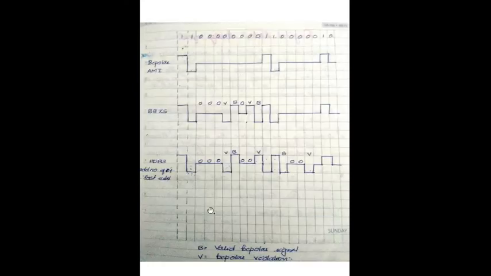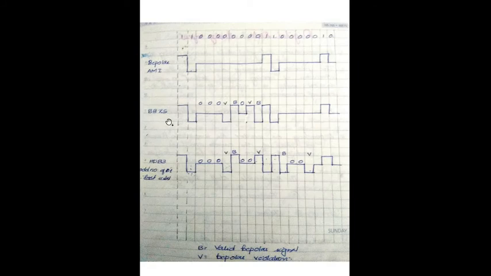So how can we encode it? First, simple bipolar AMI. The first one we use as positive, then the consecutive one we represent as negative, then zeros are represented as the line voltage. Again a 1, so it is negative, then it becomes positive, then negative, then line voltage, then positive and line voltage. So first is B8ZS.